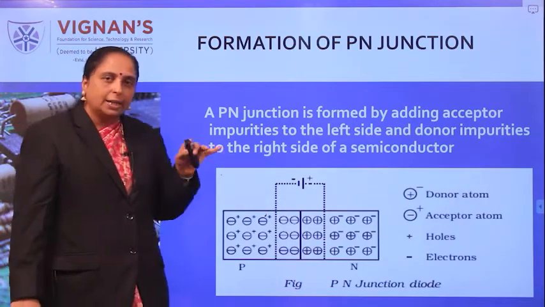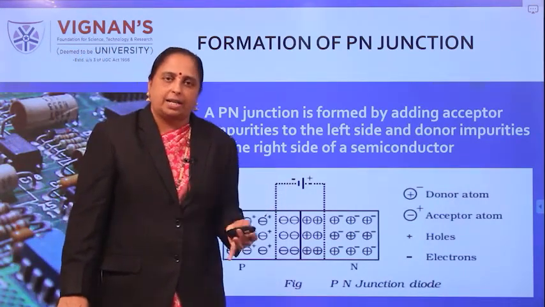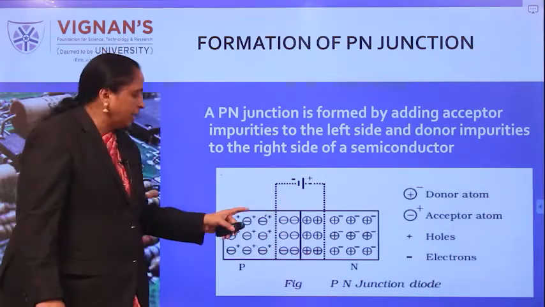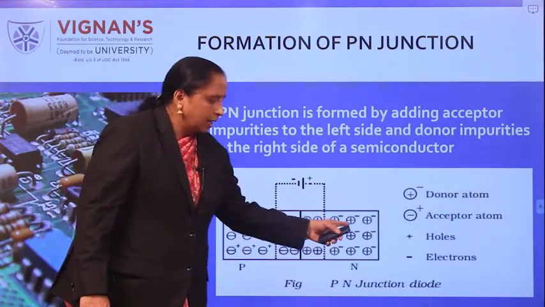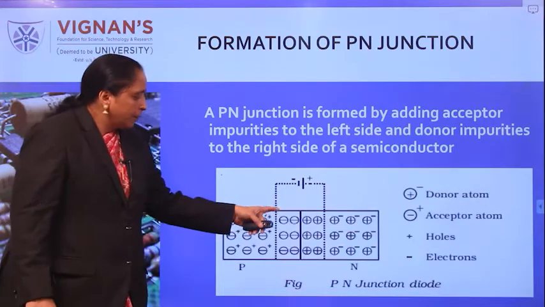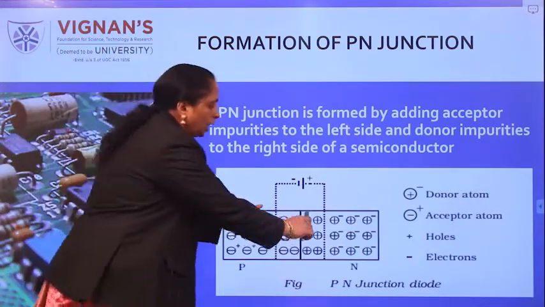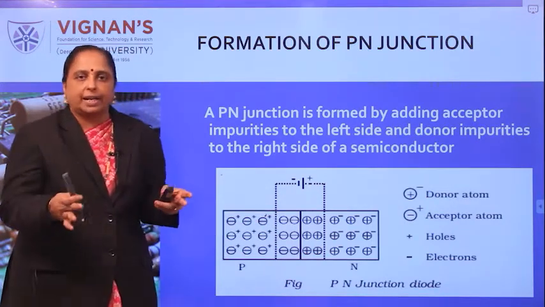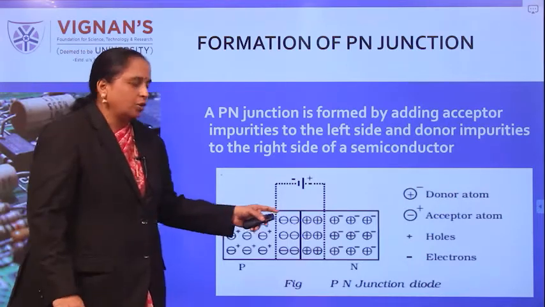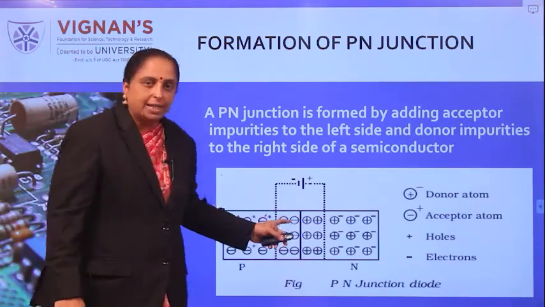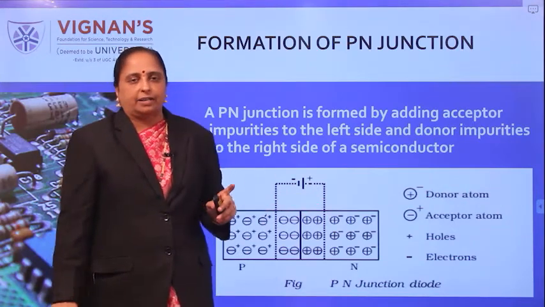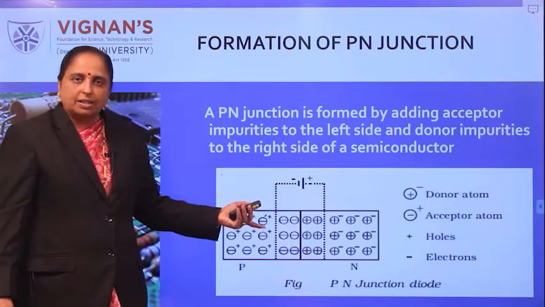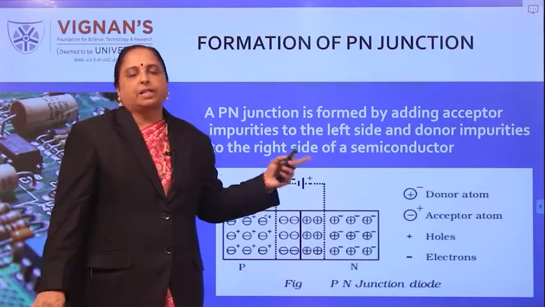It is also known as a depletion region or depletion layer. Why? Because it is depleted of mobile carriers. Mobile carriers are holes here, they are moving, electrons are here, they are moving, and you know that the ions are immobile. So the total barrier is occupied by immobile ions. That is, it is totally vacant of mobile carriers. That's why it is known as a depletion layer. That is, the region is depleted of mobile charge carriers. So like that, it is also known as a space charge region or the depletion layer.